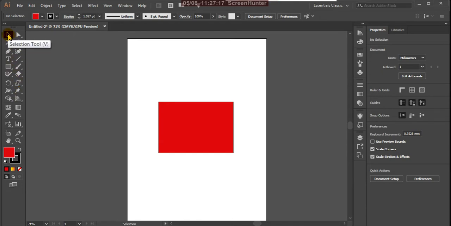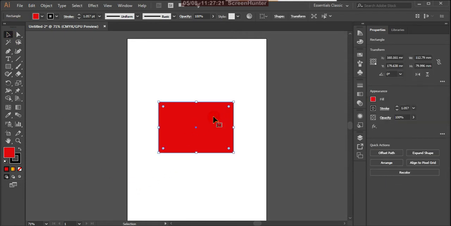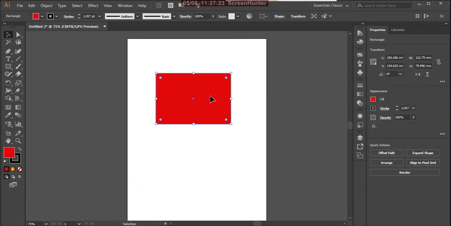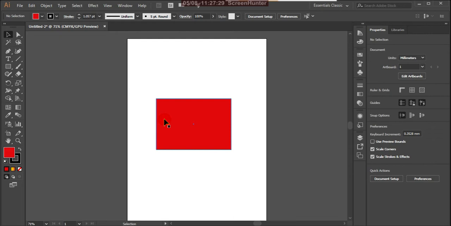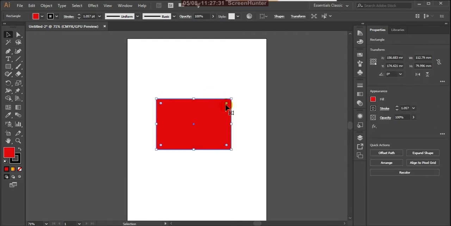With this tool you can select your shapes, objects, drawings, whatever. After selecting, there is the bounding box type. Here it is 1, 2, 3, 4, 5, 6, 7, 8.